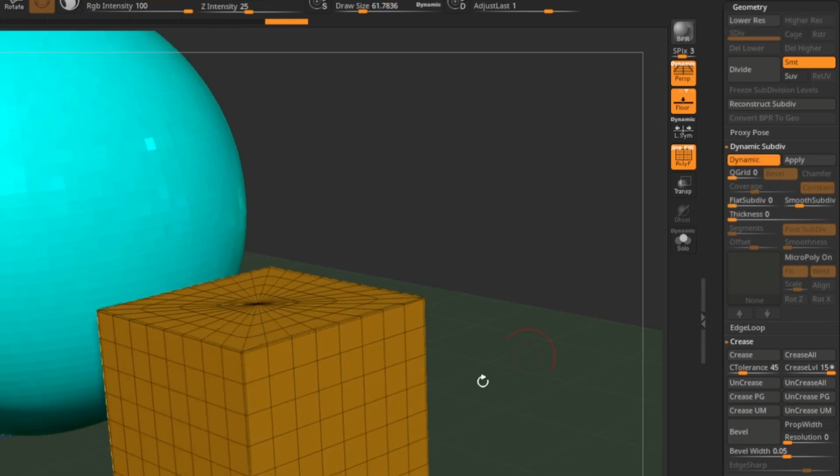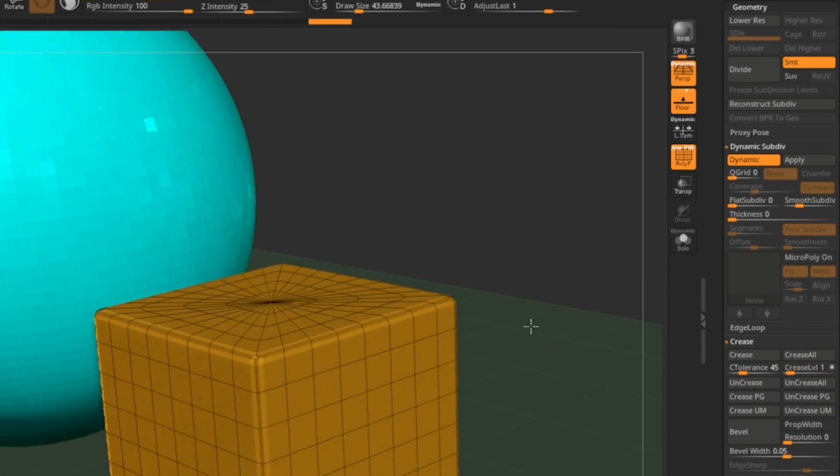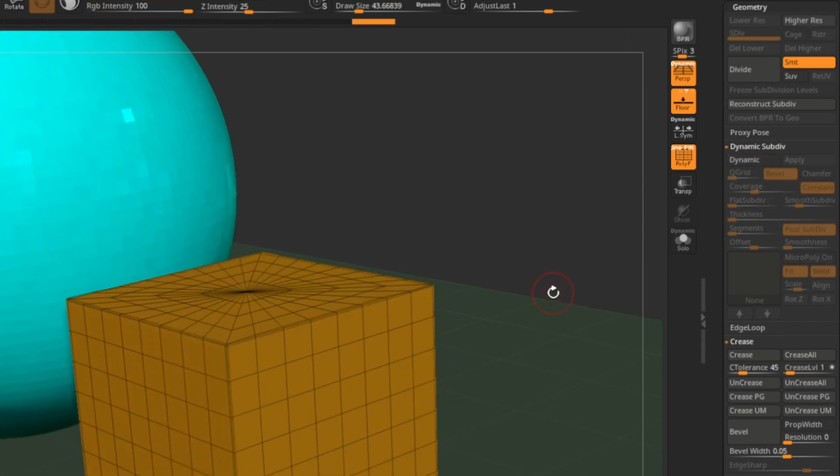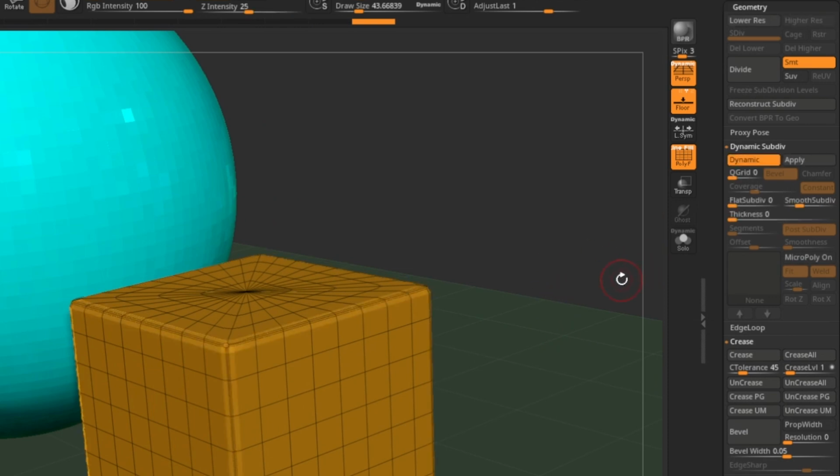Now if I hit dynamic, it doesn't really look like anything changed because our crease level is set to 15. So what we can do is set this crease level to 1, and our SmoothSubdiv is set to 2 in our dynamic. If we hit Shift D to turn it off, and then D to turn it back on, basically what we're telling ZBrush is to subdivide our object twice. We have SmoothSubdiv set to 2. However, for our creases, only keep those creases for that first subdivision, uncrease everything, and then subdivide it one more time